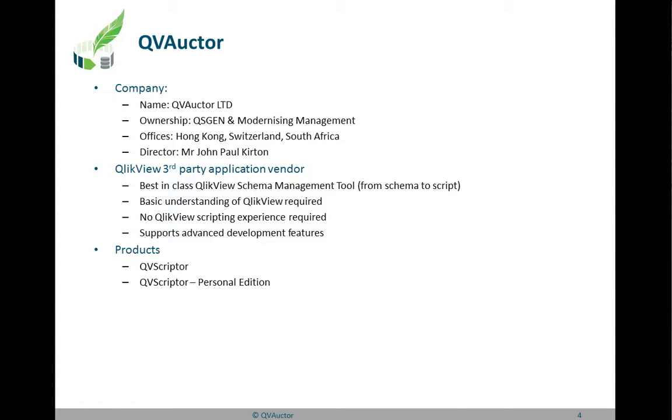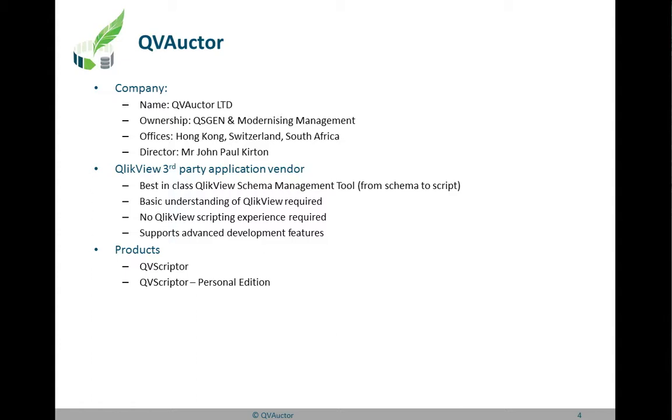We are the best-in-class ClickView schema management tool, where you only require a basic understanding of ClickView. You don't need to be able to script to utilize our tool, and it supports advanced development features, so for your expert type users, your ClickView developers and consultants.